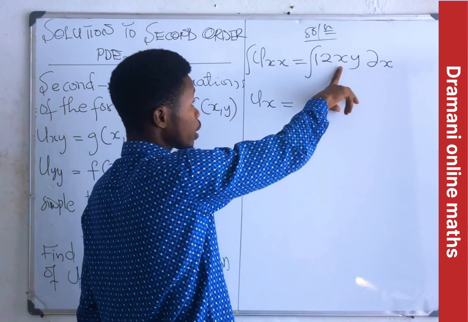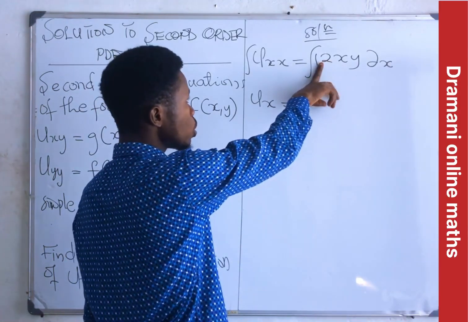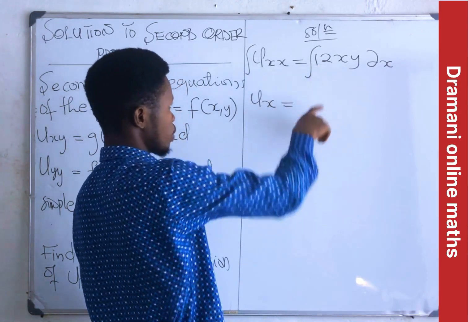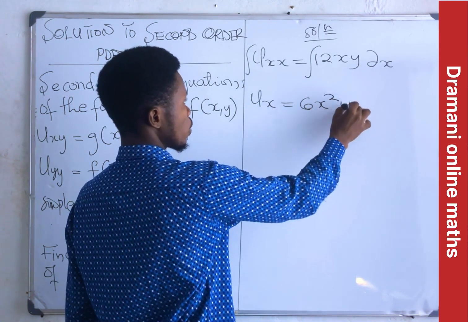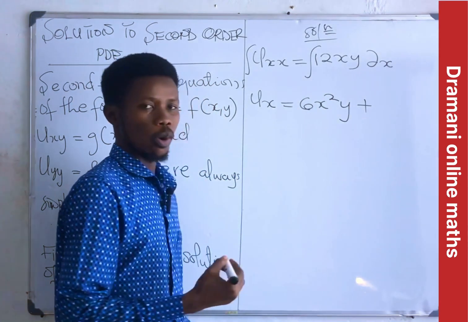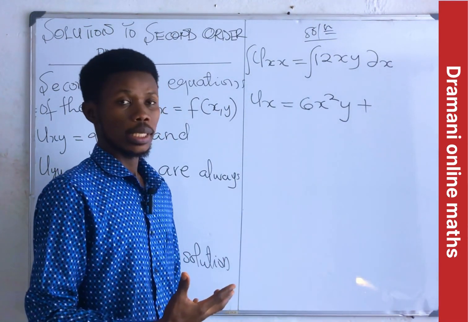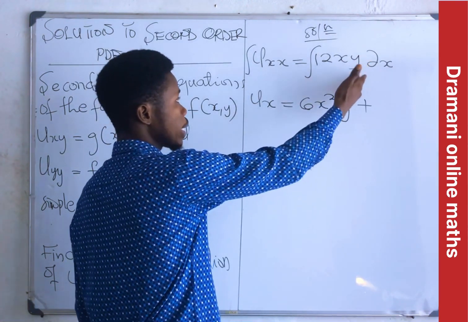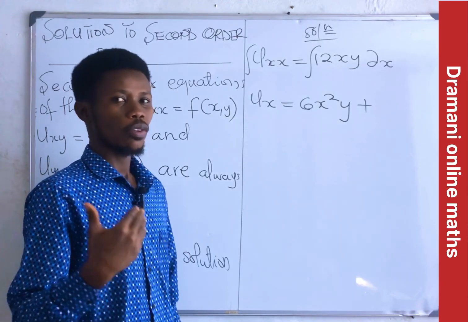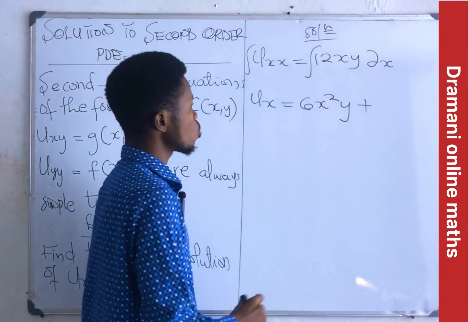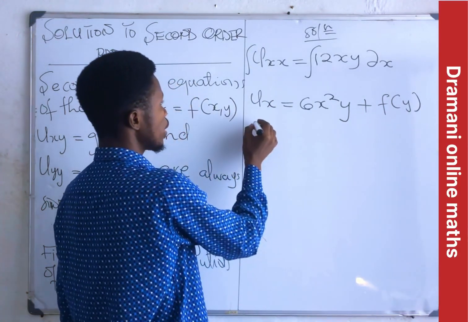So if I integrate x, I'll get x squared over 2. And that 2 will go into the 12 6 times. So we have 6x squared y plus the constant c. But because there's partial differentiation, and here we are talking about x and y, and we are integrating with respect to x, then the constant becomes a function of y. So here will give us f of y. Then we integrate again,